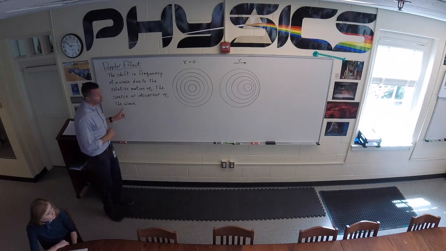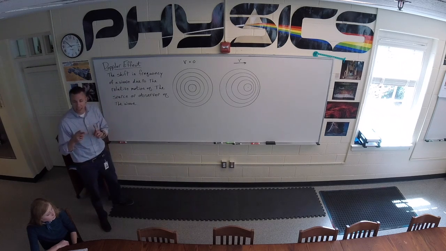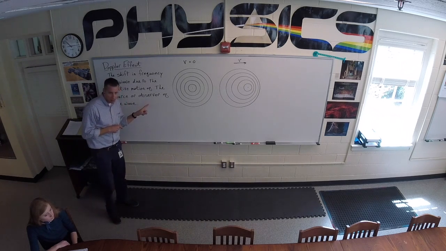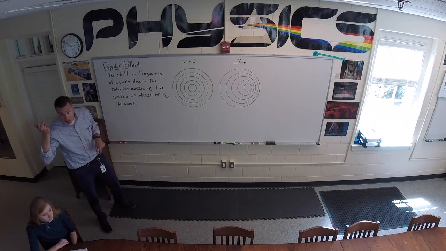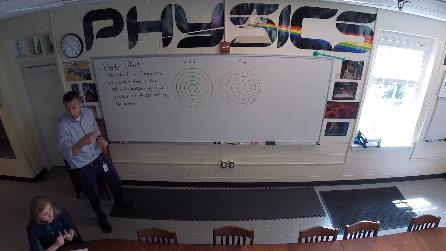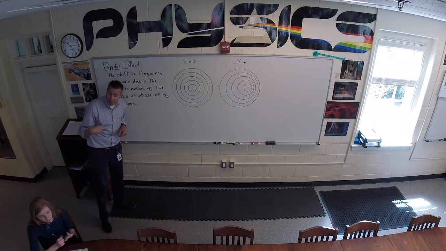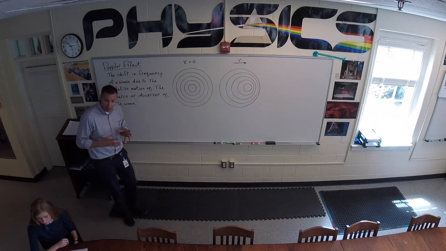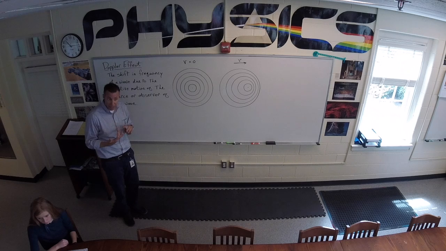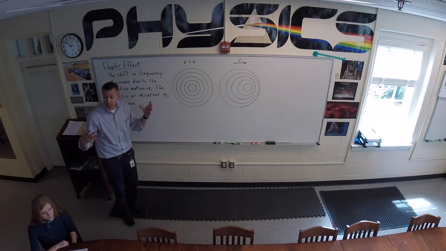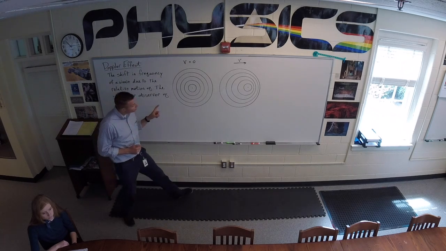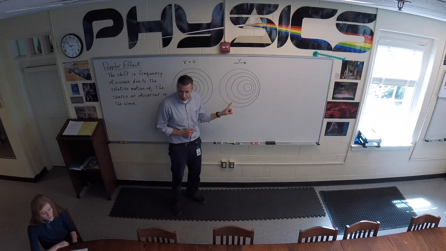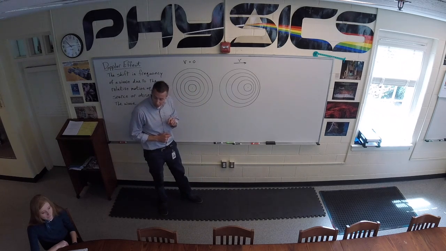What happens in the Doppler effect is that something is moving. Typically it is the thing creating the waves. So in this case the duck, but it could also be the thing creating sound, like an ambulance, or the thing creating the light, like a star. In all those cases, it is emitting energy at a constant wavelength and frequency, and the wave is traveling through the medium at a constant speed because the medium is the same on the outside. But if the source of the energy is moving, then we have a shift in frequency